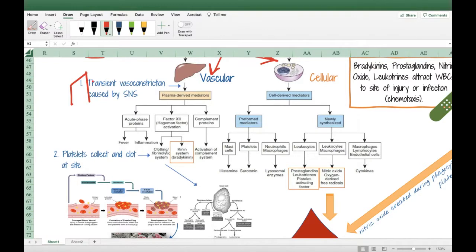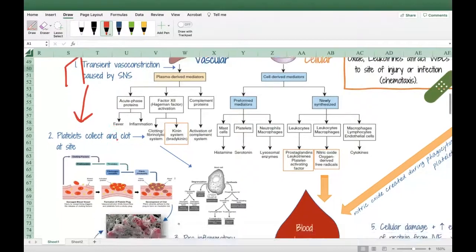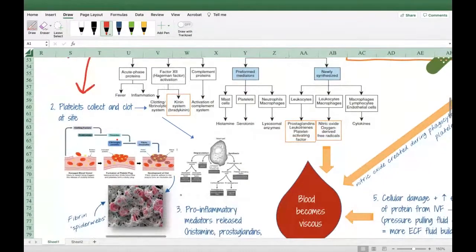It's not even really a part of the vascular response as much as it is your sympathetic nervous system's automatic response to any kind of injury. It's that fight or flight response kicking in and causing that momentary vasoconstriction. It's very fast, sometimes come and gone within 2 or 3 seconds, and then we're moving on to the more important aspect of the vascular response, where that cellular damage, whether it's bacterial or an actual physical injury, will trigger